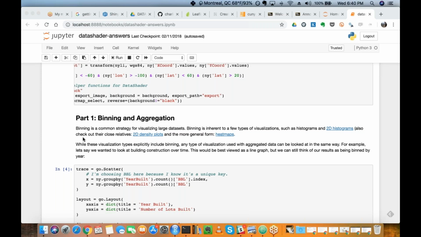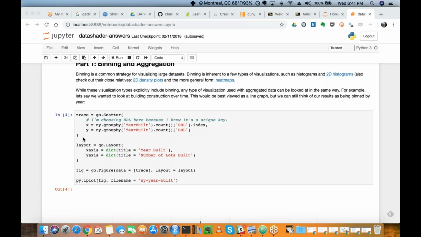And most of the time, especially pre-Datashader, the way to do this is just aggregating your data and using strategies such as binning to create summaries of patterns within the data. So the first question was pretty much looking at this sort of question. We have definitely not the largest data set, but a pretty big data set. We have every tax lot in New York City, and we're looking to try to draw some conclusions